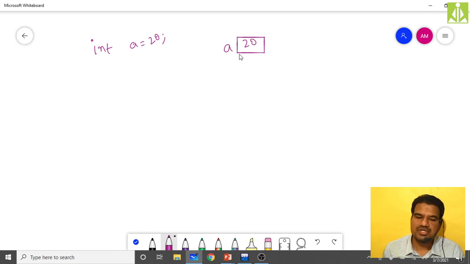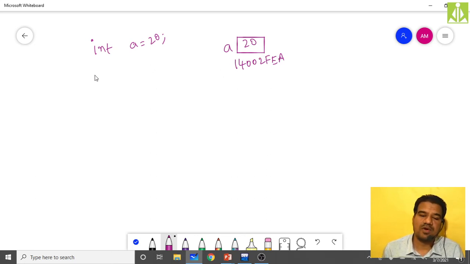Assume this memory location has some random hexadecimal address, like 14002FEA, because it is very difficult to know what memory location my variable is going to take.